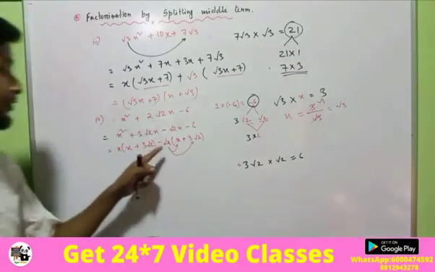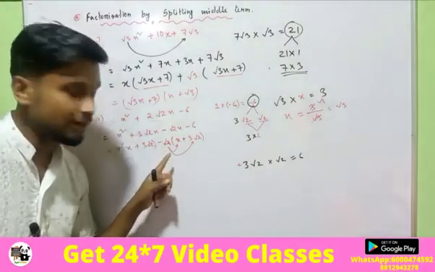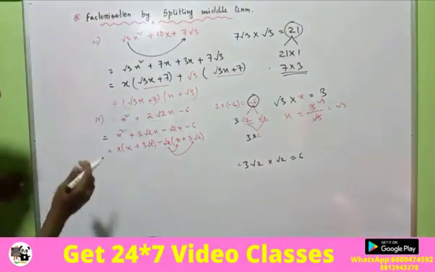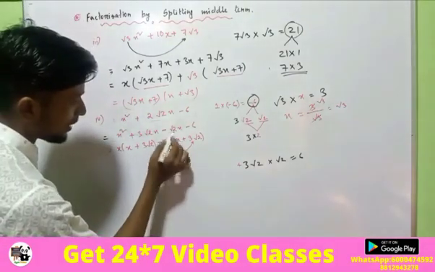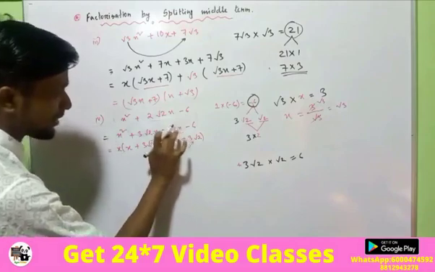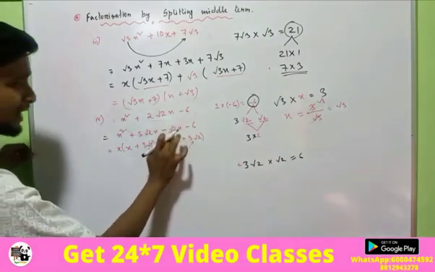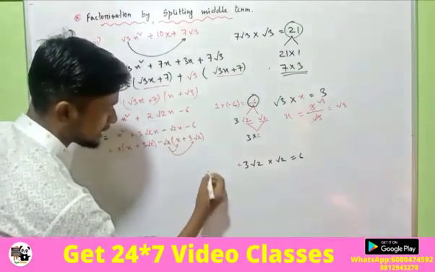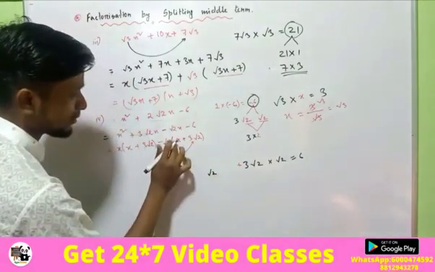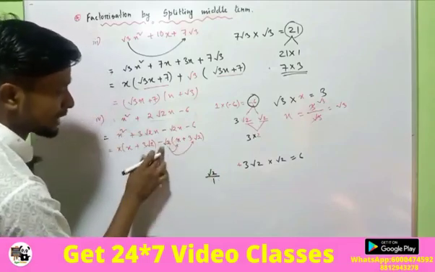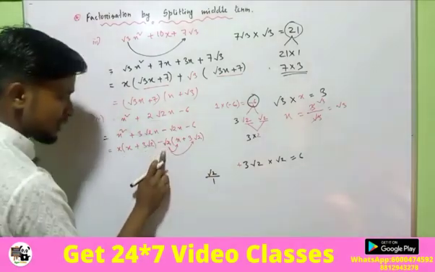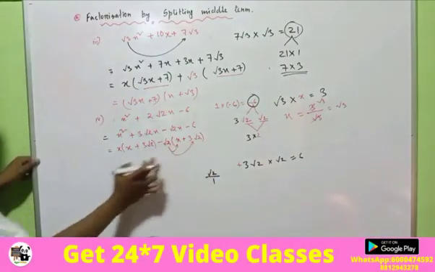There's a trick to find out this value. What we have to multiply there, or what we have to take as common: you just have to divide this coefficient of x by the other coefficient of x. Here it is root 2 and here the coefficient of x is 1. So we have to take root 2 as common, then only it will be similar.